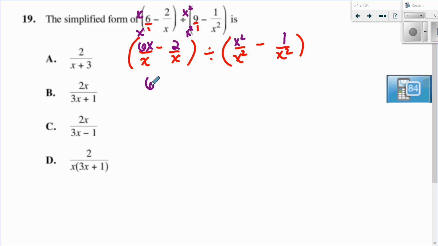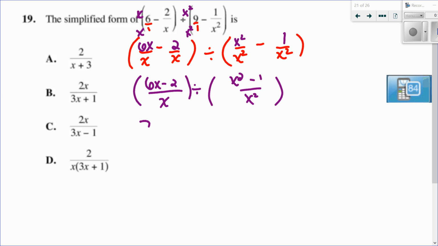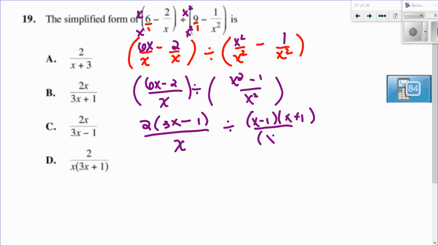So now I have 6x minus 2 over x divided by x squared minus 1 over x squared. Okay, so in my numerator number 1, I'm going to factor a GCF of 2. 6x divided by 2 is 3x, minus 2 divided by 2 is 1 over x. And then in my numerator here, I have a difference of squares. So I factor that as x minus 1, x plus 1, and that will be over x squared, which is